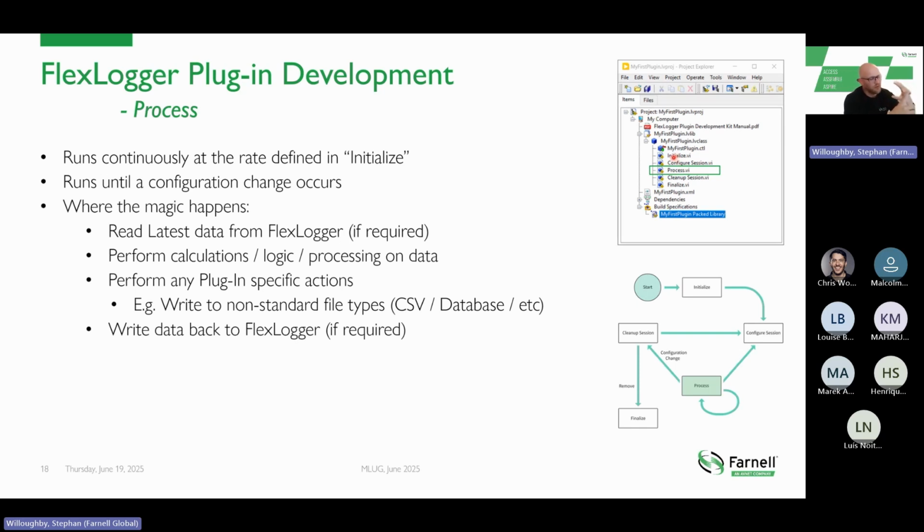But yeah. So after your plugin initialized your function, you need to do the process. This continually runs at the rate defined in initialize, and runs until a configuration change occurs. It's basically where the magic happens. It's where your function code lives. So in my instrument device code, all it's doing is, if it's an output device like a waveform generator or power supply, it's reading a set point from FlexLogger and applying it to the device. If it's the other way around, if it's a DMM or a scope, you'd be reading it from your device and applying it and feeding that set